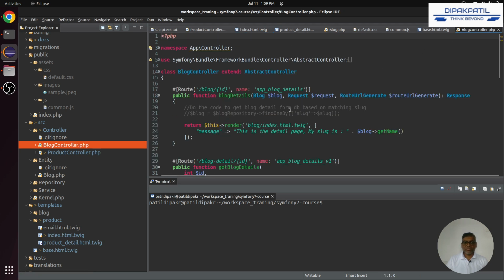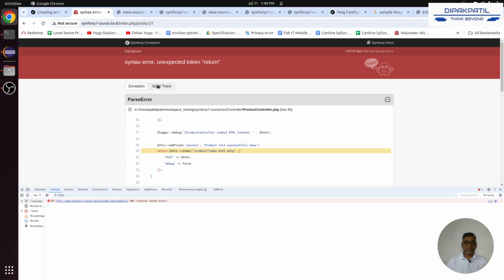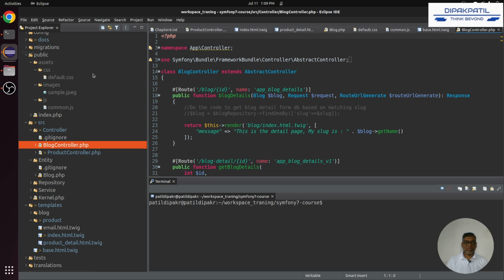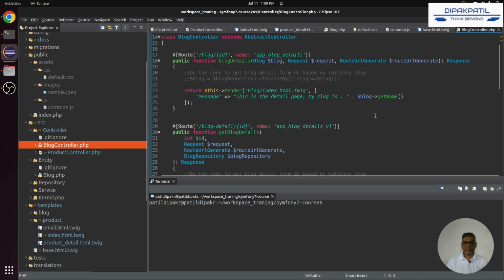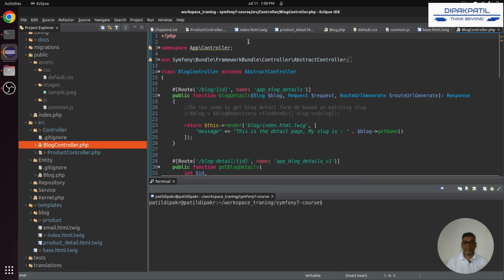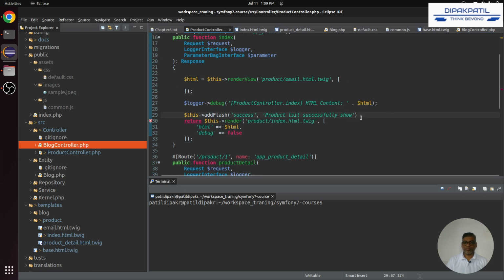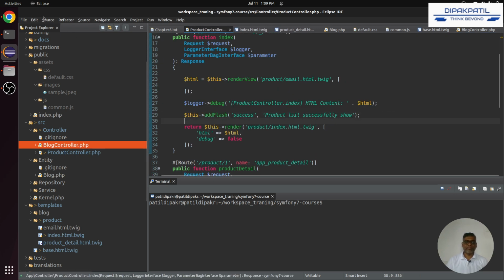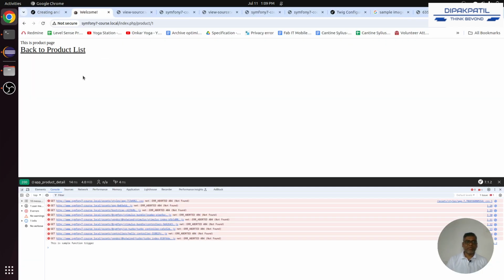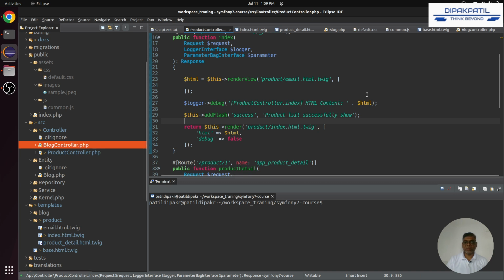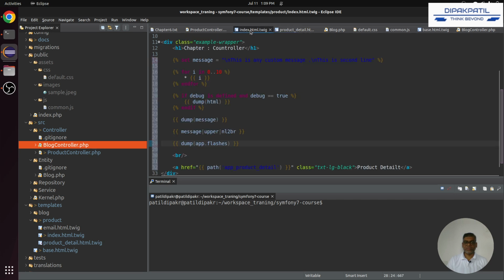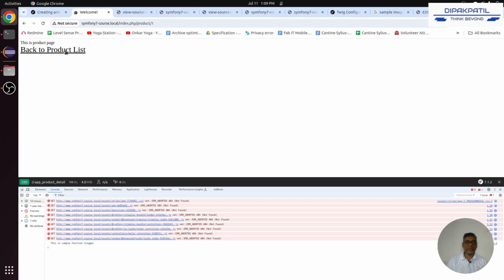Where? Oh yeah, I know. Okay, so I think we have to loop it and then print it. So let's try to loop it. Why it's not printed over here? Okay,